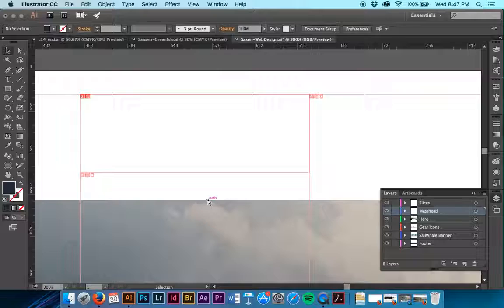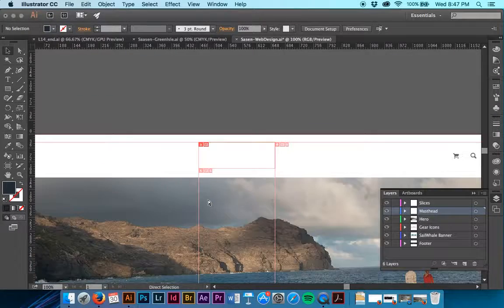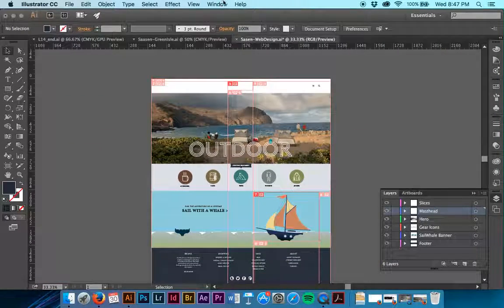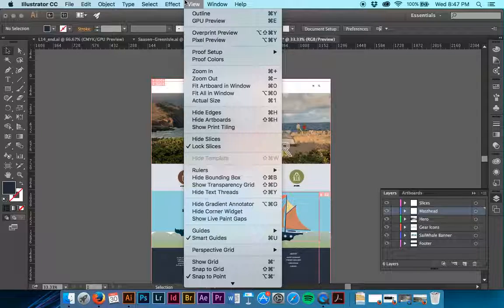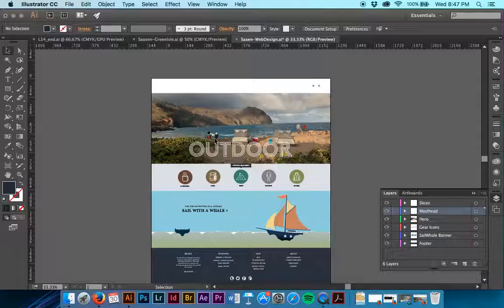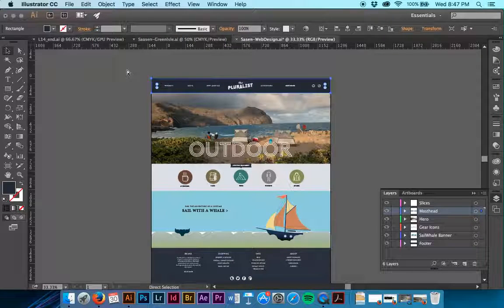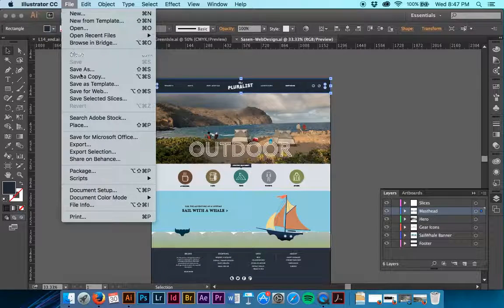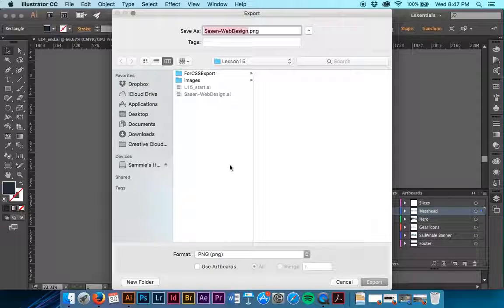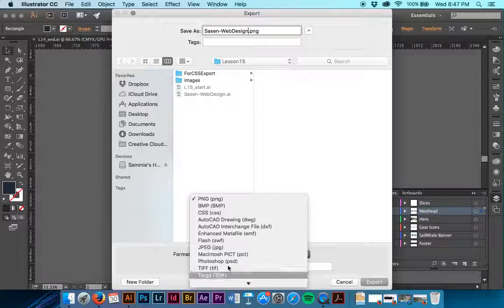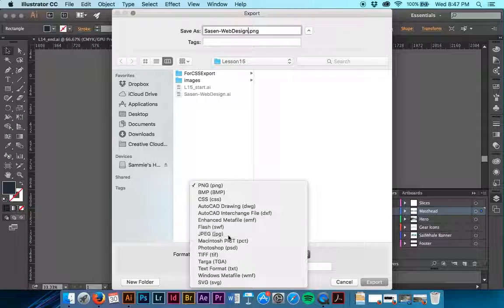And I'm going to go back into my image, Hide Slices, Object, Show All, Command S, File, Export, JPEG,